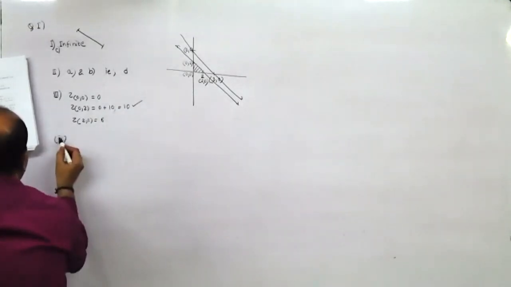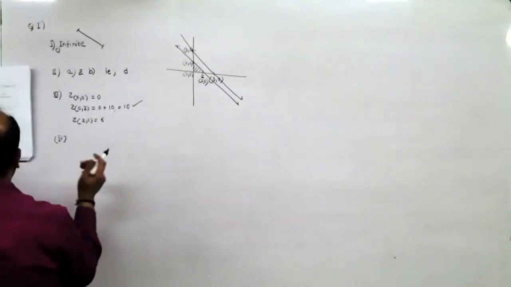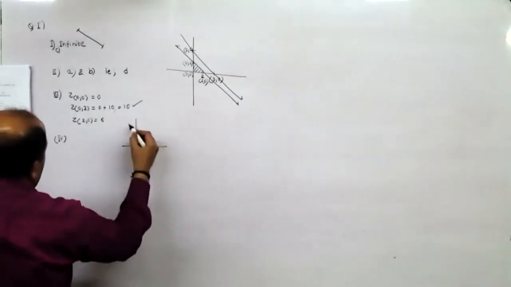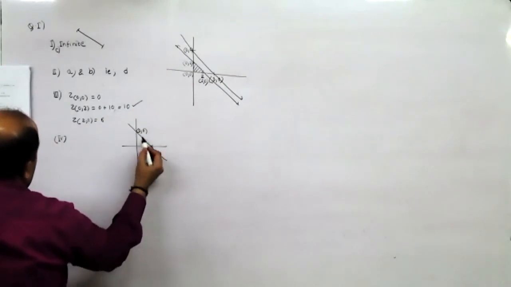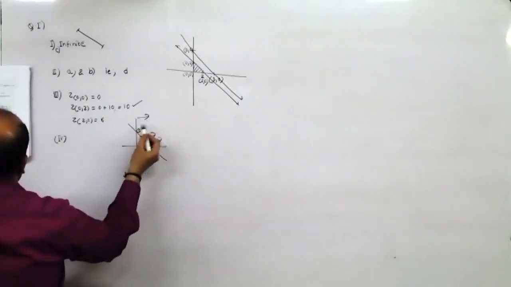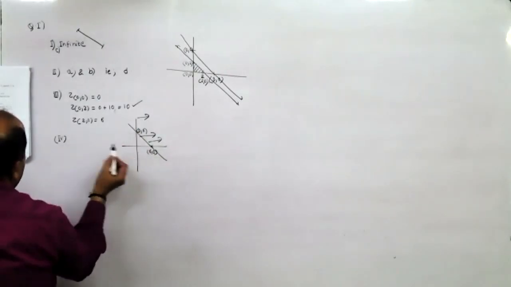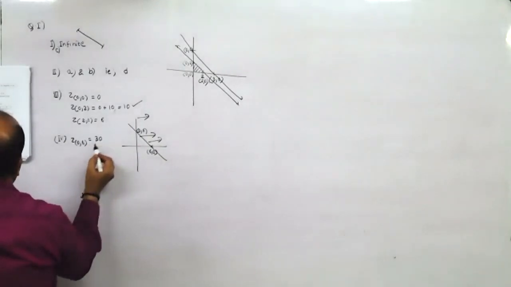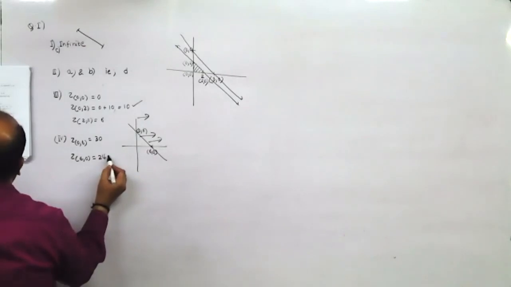Yeah, fourth one. The minimum value of this subject to the constraint x plus y equal to 6. When I say x plus y equal to 6, only one line. This is 0, comma 6. This is 6, comma 0. Greater than means here, subject to. So here this would be 0, comma 6 and 6, comma 0. Z at 0, comma 6 is 30. Z at 6, comma 0 is 24. Minimum value is